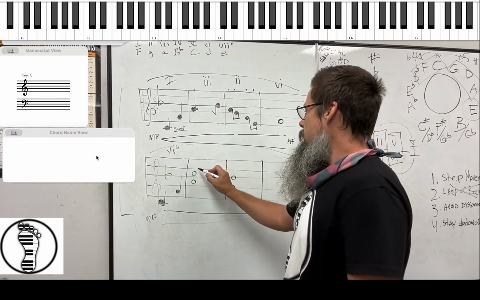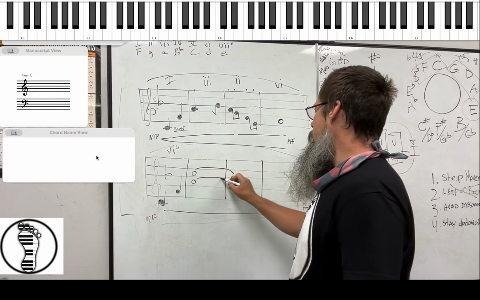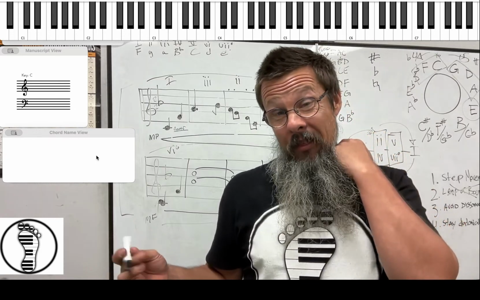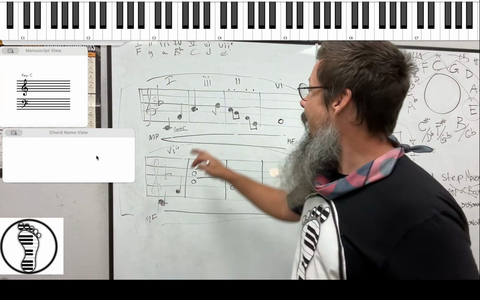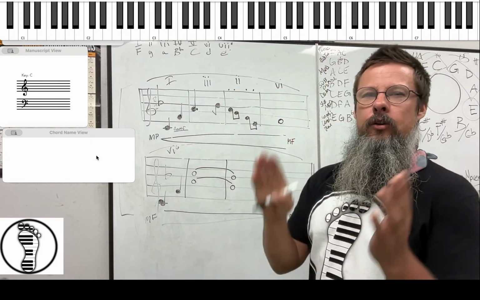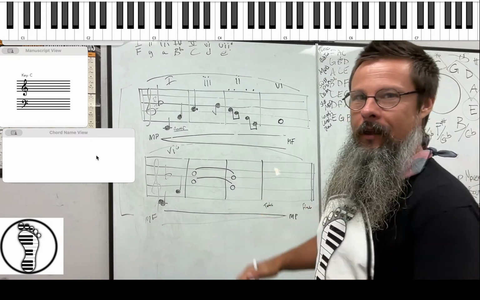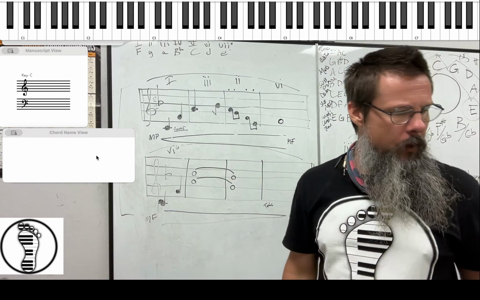You betcha. These are going to want to be flowing, so I'm going to put my marking here to make sure that they're slurred together. This is a legato marking. It's the opposite of a staccato. Staccato should be very short, detached kind of notes. And then our legato marking should be kind of flowing. So we would hold the